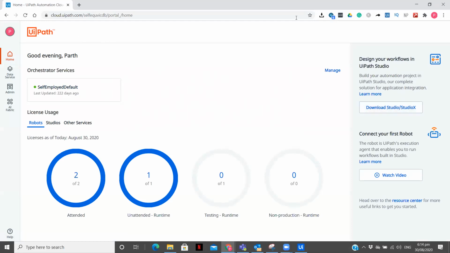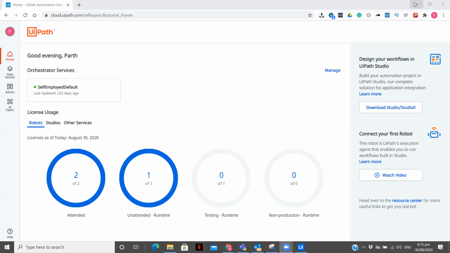After that, you can see here that there is an option to download Studio or Studio X. Once you click on this, you will be able to download the Studio X version. In that, you need to select the community edition. After that, you will get options to select Studio Pro community, Studio community, and UiPath Studio X community.